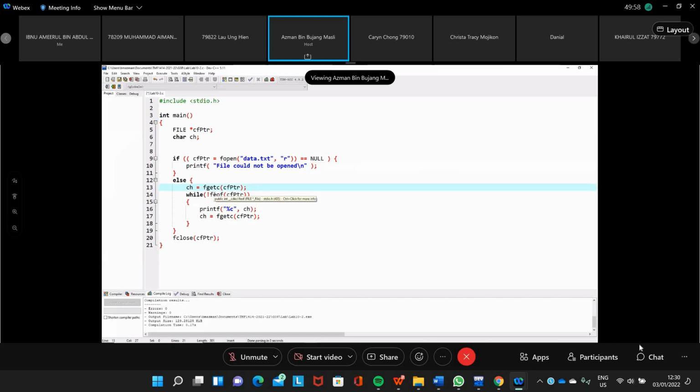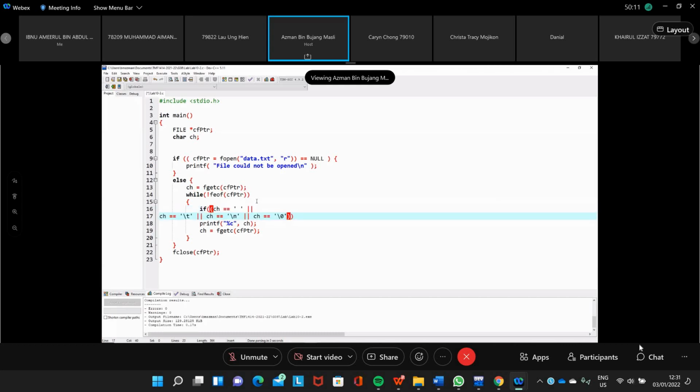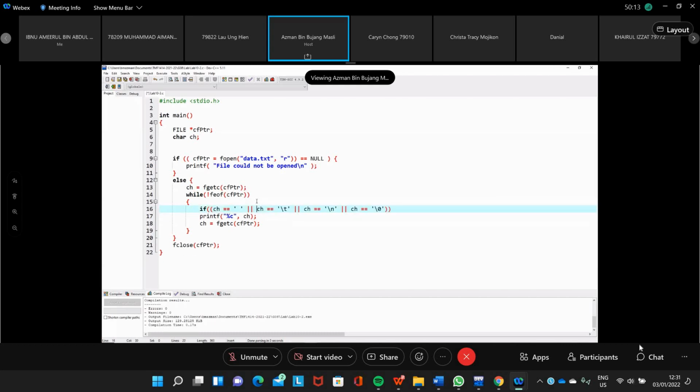While we haven't got to end of file yet, we check if the character is equal to space or tab, or that one.